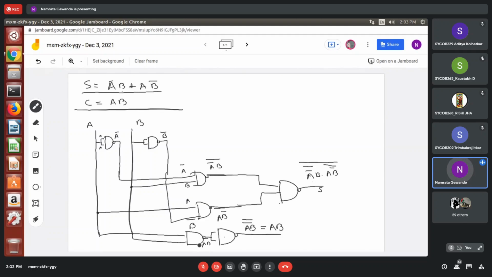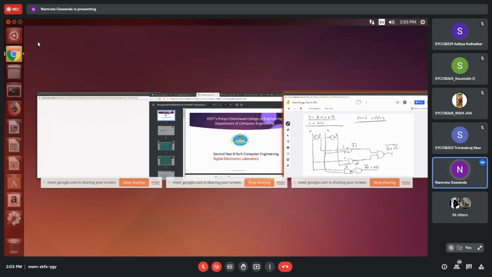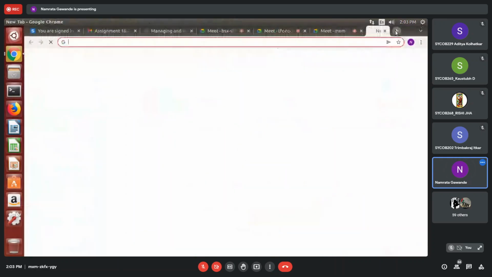So using NAND gate, I'm first applying the NAND gate, so I'm getting A B bar. Then I'm again applying the NAND gate, so I'm getting A B 2 times bar, 2 times complement, that is nothing but A B, right? So this is the NAND realization of half adder. Right? Half adder using NAND gate. Now you have to implement it. I will show you the demonstration using DelSim. This part, okay? So you can do it for the next one, the adder.